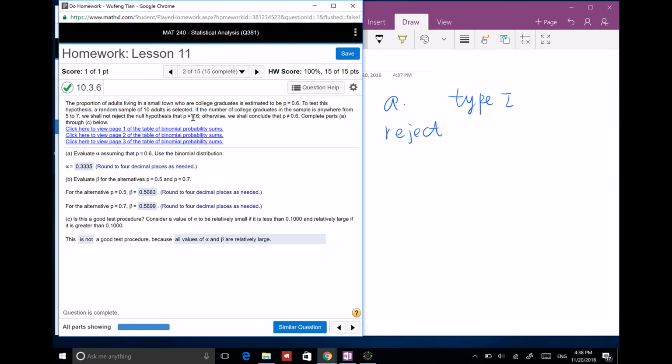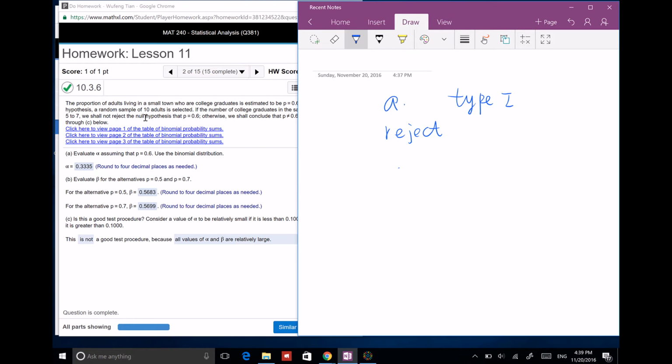The first question is, anywhere from 5 to 7, we will not reject it. So from 5 to 7, not reject, which means 0 less than or equal to x less than or equal to 4, plus x bigger than 7, which is bigger than or equal to 8. Because you cannot count 7, from 5 to 7 you do not reject it. So this you will reject. We need to find the probability of 0 to 4 by using the